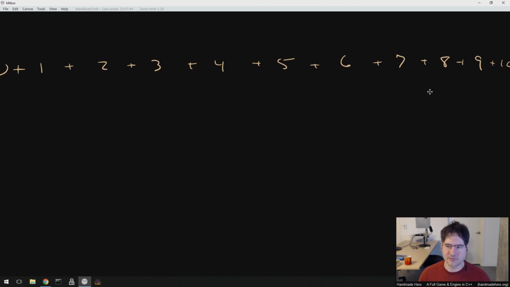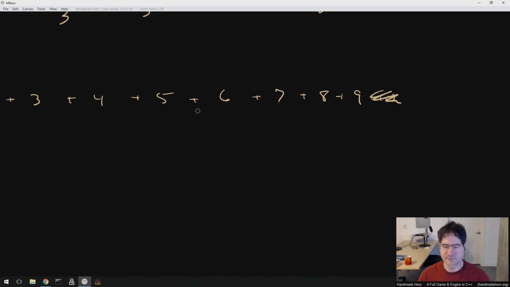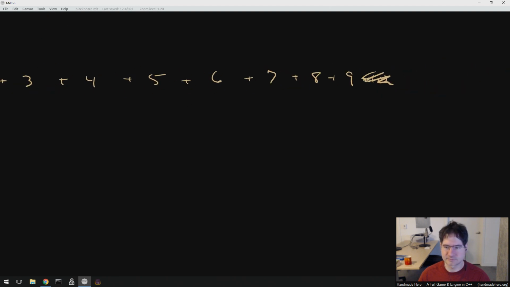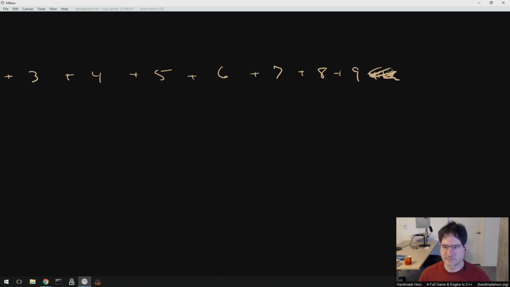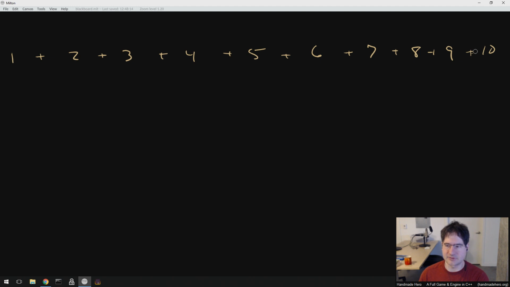So if I have a uniform set of samples like this, and I multiply them by a uniform weight, so let me get rid of the 10 there. Or maybe the better thing to do would be to get rid of the 0. Leave the 10 in. There we go. And so if I want to take the average of these numbers, I'm going to need 1/10 as my weighting coefficient, right? Then I'm going to get 1/10 of 1, 1/10 of 2, 1/10 of 3, 1/10 of 4, et cetera. And so when I actually add these up,